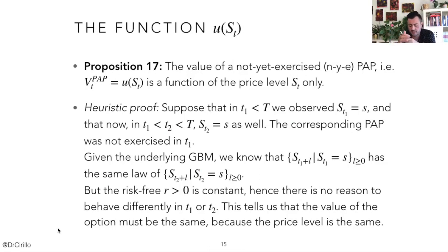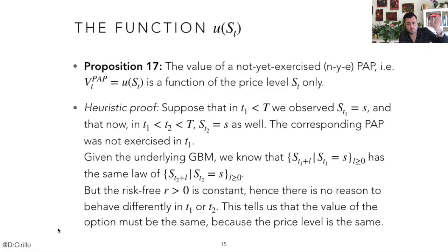Now, the idea is that we are in the standard Black-Scholes-Merton framework. We have a geometric Brownian motion for the underlying asset. We have a constant risk-free rate, which is positive because we are in that situation. What we have is that if at a certain point in the past, with respect to now, we have seen a given price level, so a time point t1,